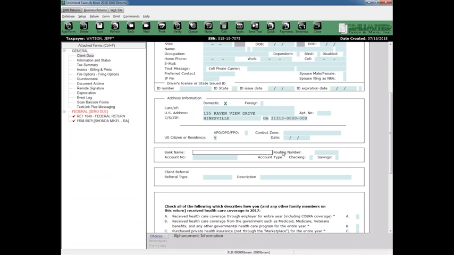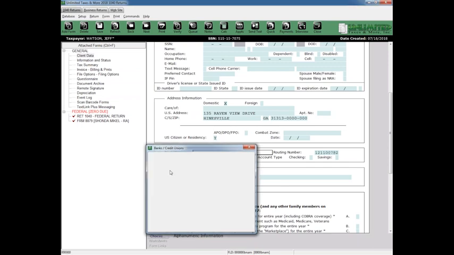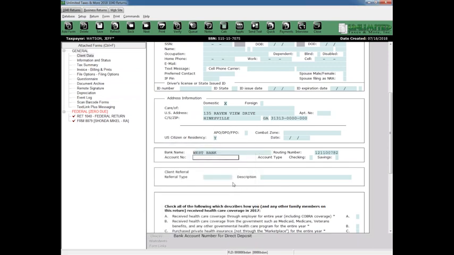This is one of the few places that does that. We can also choose one from something that's already been saved already. We'll enter our account number, and we have to enter that twice so we don't deposit somebody's refund into a different account than they want. Checking,